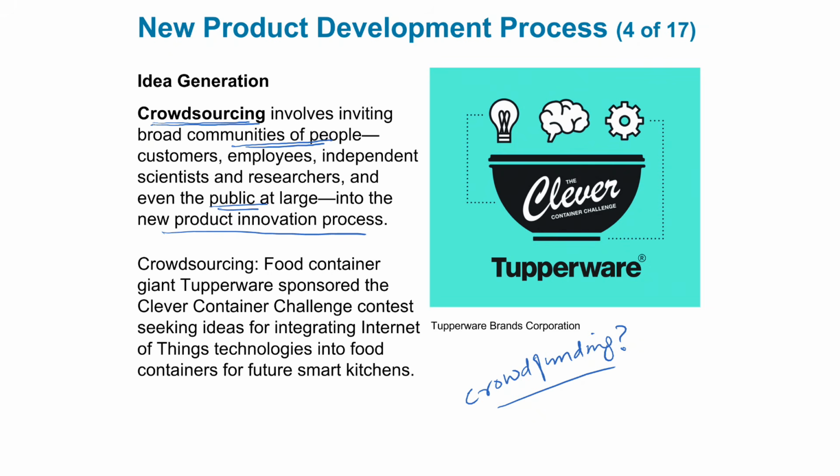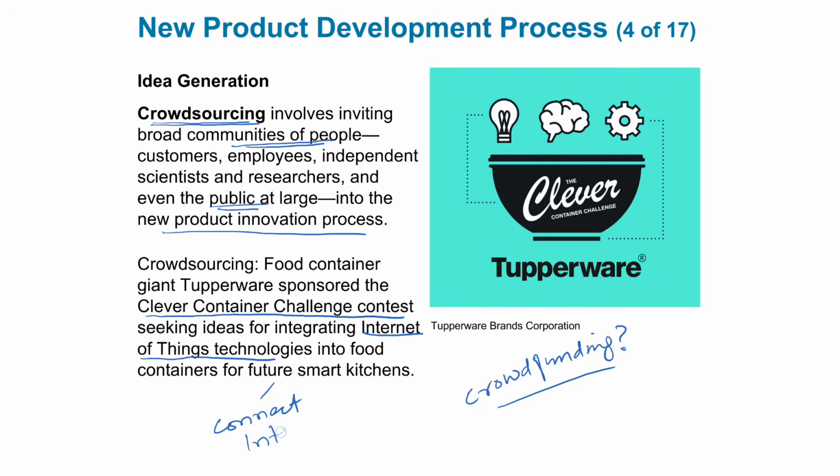An example, a case study of the Tupperware company, is given. It's a very famous American company. It's a food container giant that sponsored the Clever Container Challenge contest. So they have a challenge. Remember I told you about a campaign in the previous part, that there are promotional campaigns that companies organize seeking ideas for integrating the Internet of Things, the IoT. I refer you to my other lecture on IoT. They were seeking ideas for integrating it into food containers for the future smart kitchen, which means that they are thinking, this is amazing, to connect